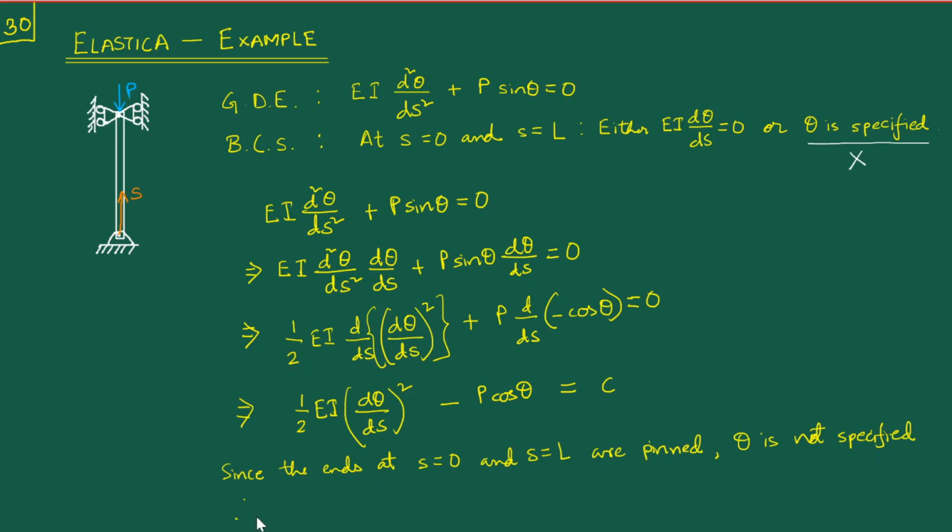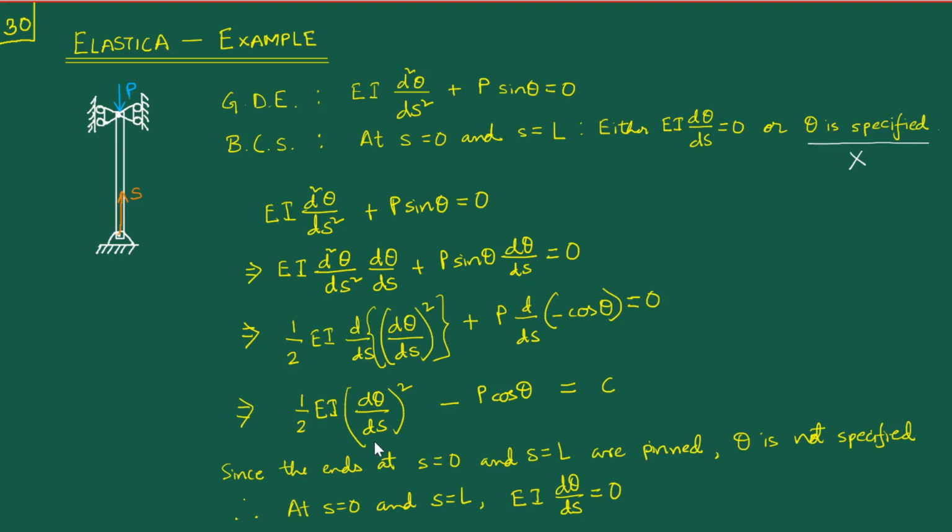Therefore, at s equal to 0 and s equal to L, we must have that EI d theta ds is equal to 0. Now this should immediately make us quite happy because we do have the presence of this d theta